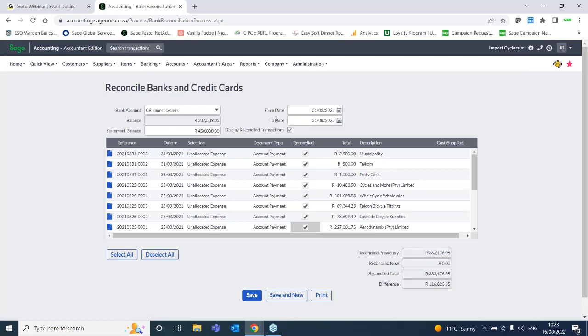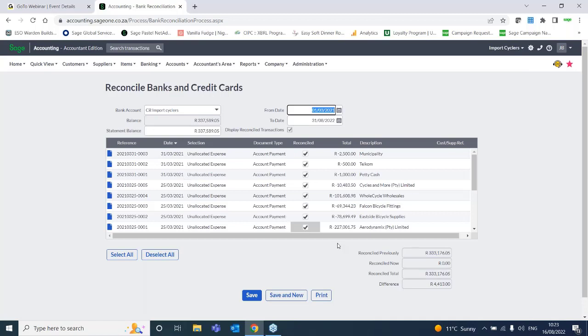So guys, you can check from a certain date up to a specific date. The closing balance, though, is the closing balance on your statements at the end date. So whatever the last date is, if you're doing the 1st of August to the 31st of August, what is your statement date on the 31st of August? Your closing balance, not your opening balance, but your closing balance. And that's what you're going to put in there. It's very important that you do have the correct statement balance here, because obviously that can throw you out. But as I said,